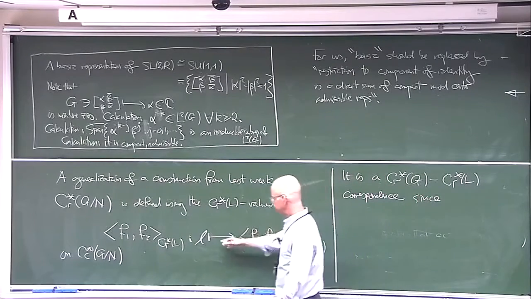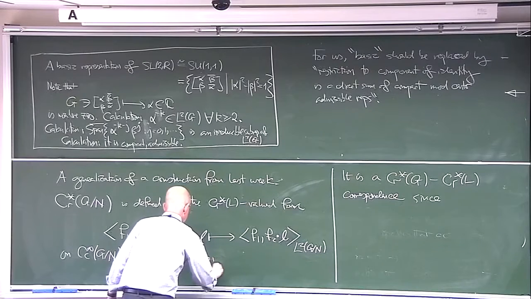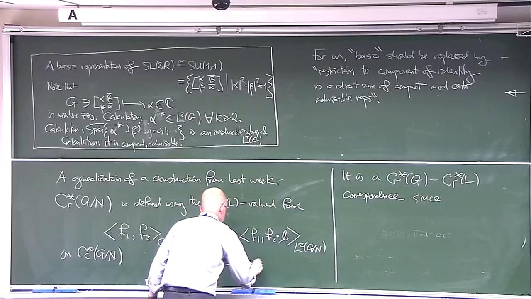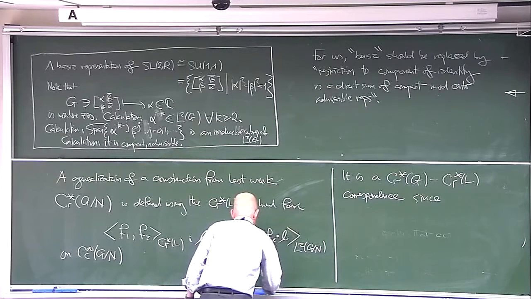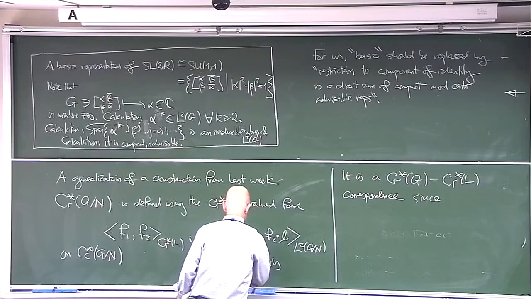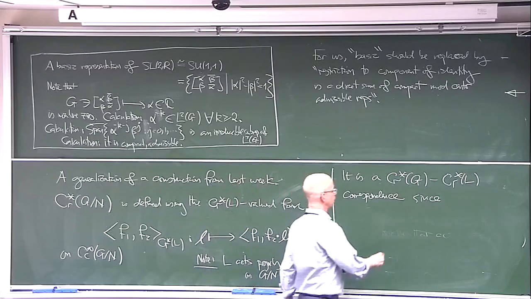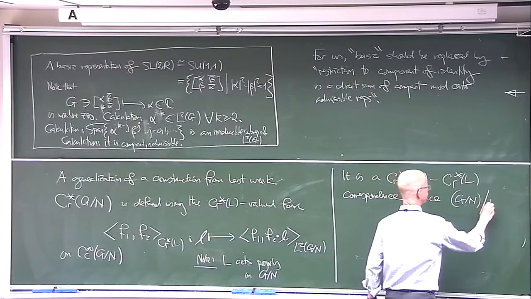So to make this a sensible definition, we need to know that L acts in fact freely, but the critical thing is properly on G mod n. The critical thing here is that if I take G mod n and I divide it by L,